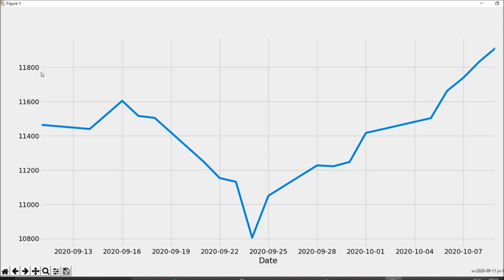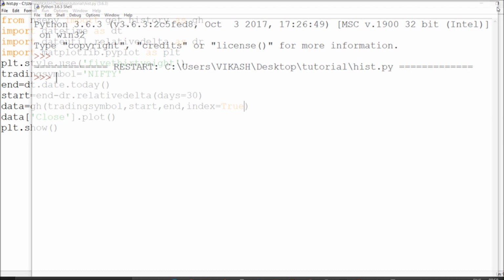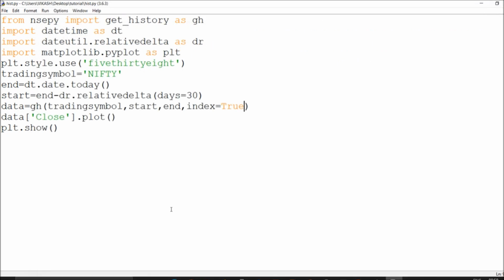It has crossed the 11,800 mark, and if you hover over this, you will get the actual value, 11,910. This is the plot you can analyze from your side. It will help you a lot in your analysis as well as real time trading. Programmatic trading will minimize the hectic schedule, bring risk management, and a lot of gains. If you are already a manual trader, it will help you a lot, so shift to this and go for it.